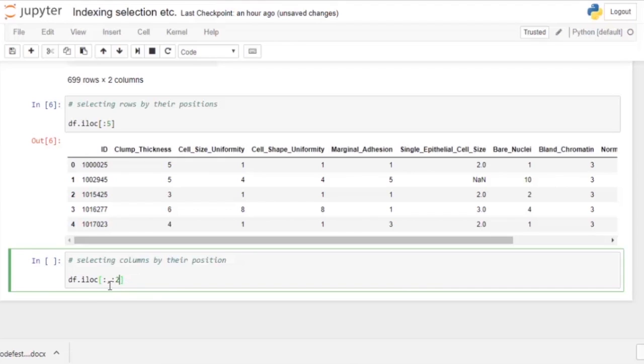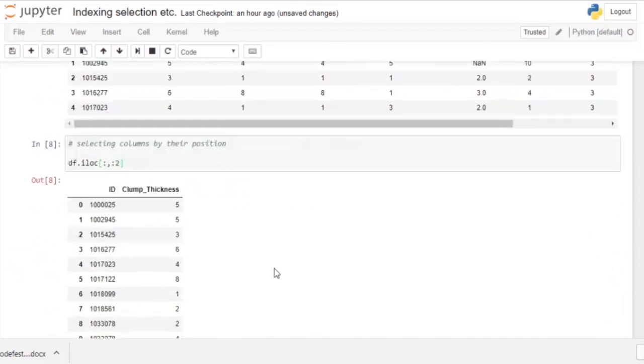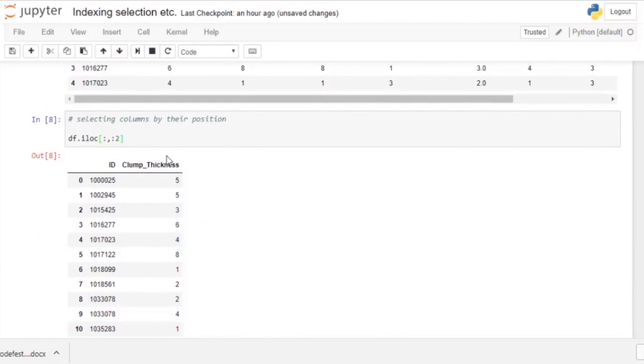So colon here means select all the rows, and colon 2 here means start from 0 and end at index 1. So this command is going to select the first 2 columns of the df data frame. When I run this command, it is going to return the ID and the clump thickness. So this was how we can select columns by their positions.